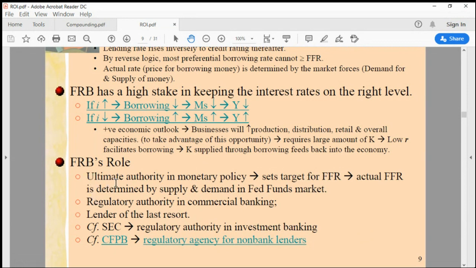Now, as the central bank, they are the ultimate authority in monetary policy. That means they set the target for the Fed funds rate, and the actual Fed funds rate is determined by supply and demand in the Fed funds market. Because they are a central bank, they are also the regulatory authority in commercial banking. And they are the lender of the last resort, meaning